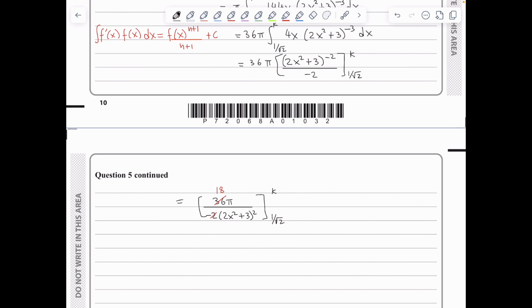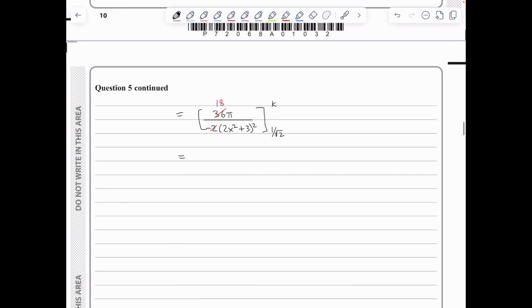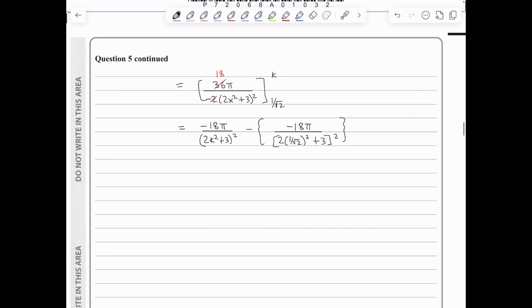So if I substitute the k, I get minus 18 pi over (2k squared plus 3) raised to the power of 2. And if I substitute the 1 over root 2, I get minus 18 pi over (2 times (1 over root 2) squared plus 3) to the power of 2. So let's proceed. We've got minus 18 pi over (2k squared plus 3) raised to the power of 2 plus 9 pi over 8, and we have been told that the volume of revolution is 713 pi over